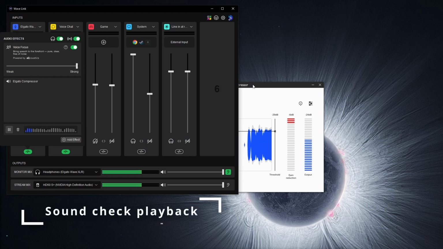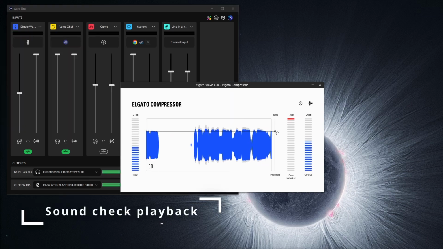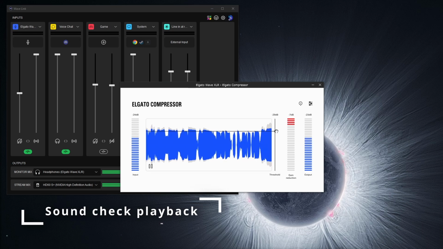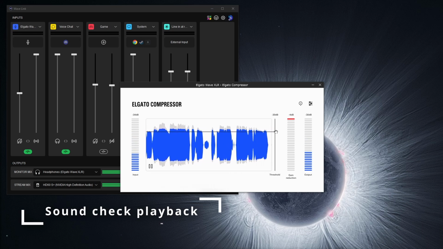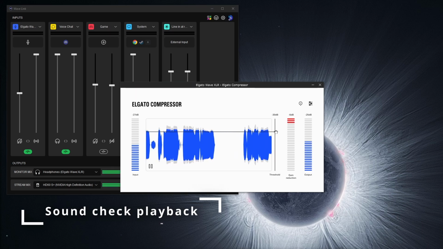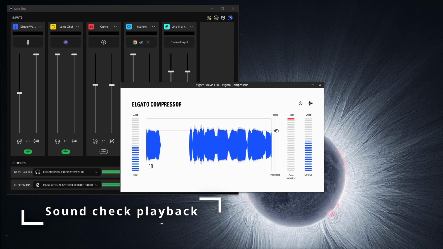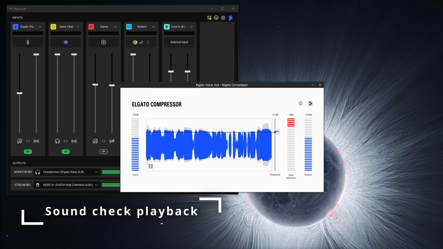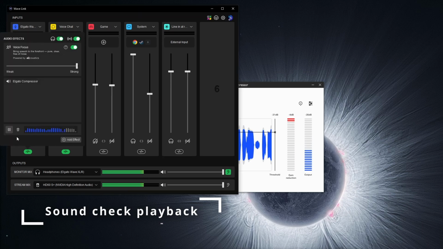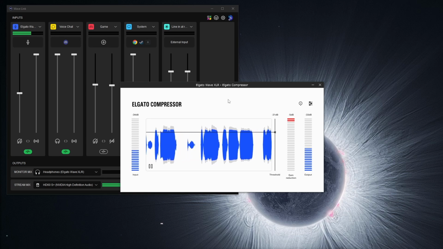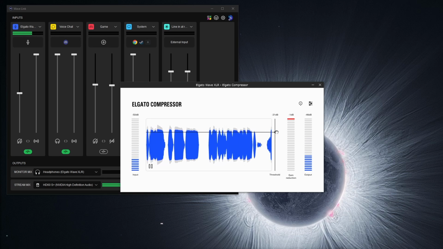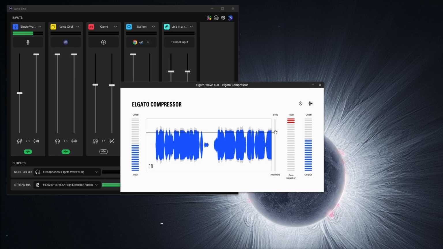A good test audio phrase will show off a range from soft speaking sections as well as very loud speaking with consonant S's and T's. A good test audio phrase will show off a range from soft speaking sections as well as very loud speaking with consonant. Okay, so right there, I adjusted the threshold so that for the very soft section of the test